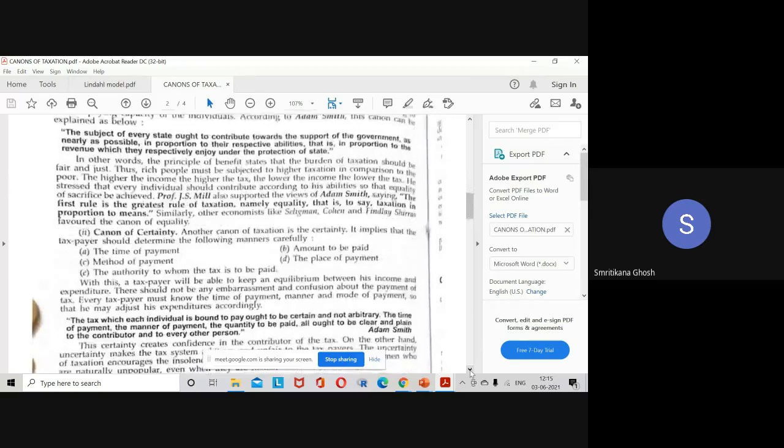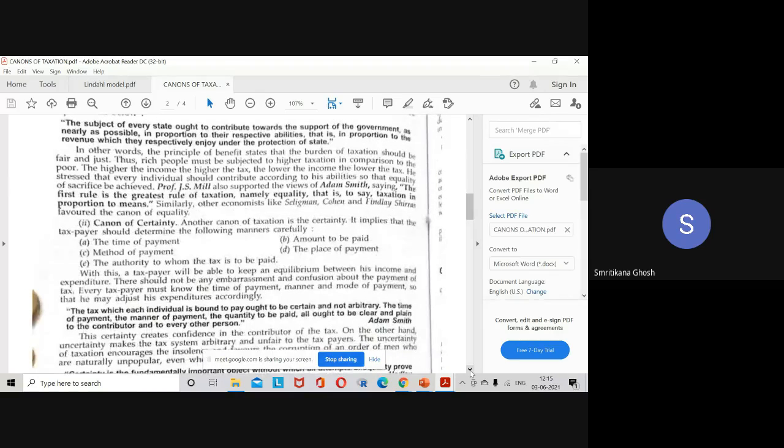The second one is the canon of certainty. Look, some types of tax are creating confusion among consumers. Consumers are confused: why today I am paying, say, 5% tax, and tomorrow when I purchase the same commodity for the same amount, I have to pay, say, 7% tax? Why? The second thing is that in, say, West Bengal the tax is 6%, and in, say, Karnataka the tax is 10%. Why? So this type of lack of clarity is there. Certainty is about all this.